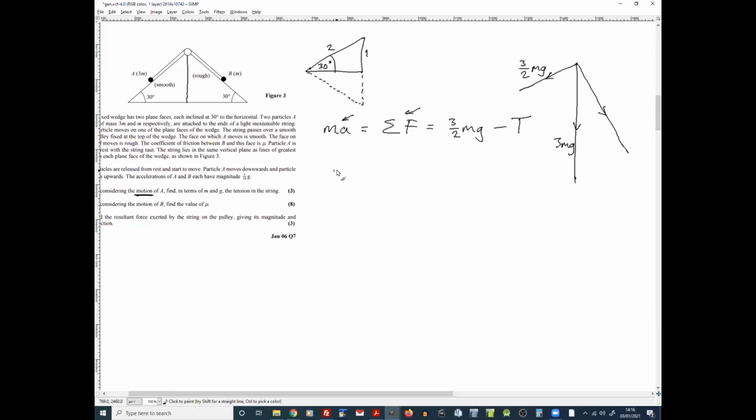Yes, but what's the mass of A? 3m, which is a bit ambiguous again, isn't it? Because m here means mass, but m here means some unknown mass number value. But you've got 3m times the acceleration, which they've told us is